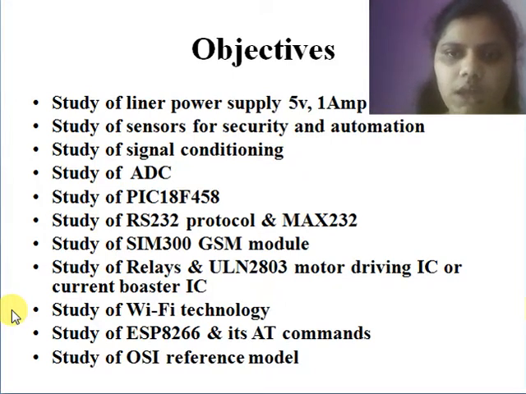So first is a transformer. Transformer is basically used to step up or step down the input AC voltage level. So we want to design for 5 volt output voltage. So we have used a center tap step down transformer to decrease the input AC voltage to 5 volt. The output of the transformer is not a pure DC. Still AC components are present there.